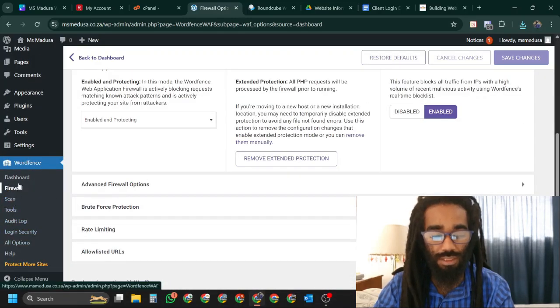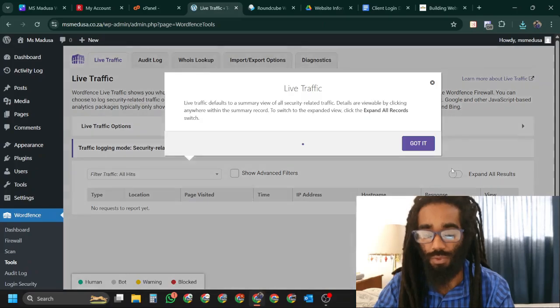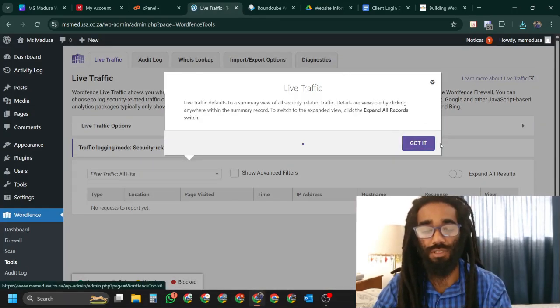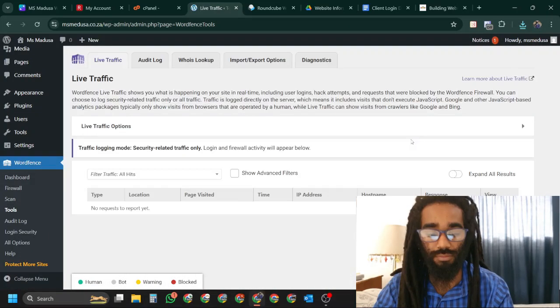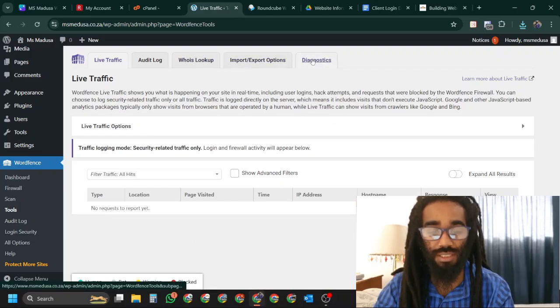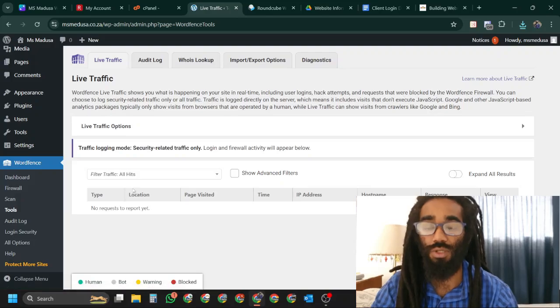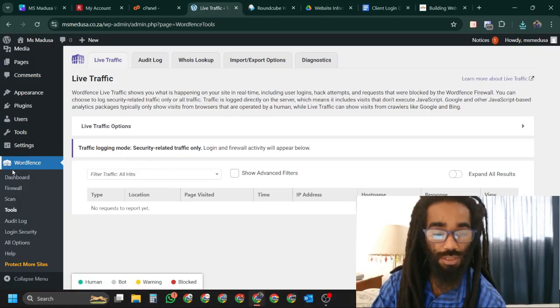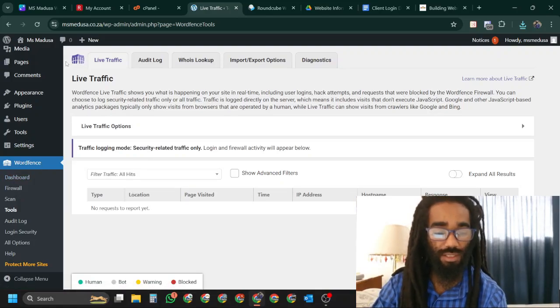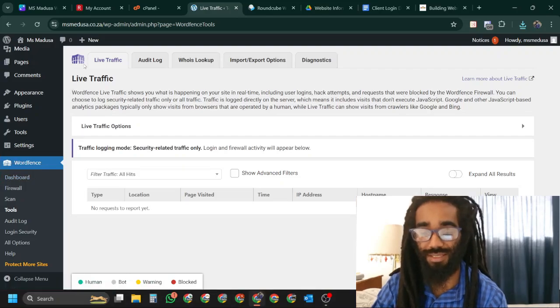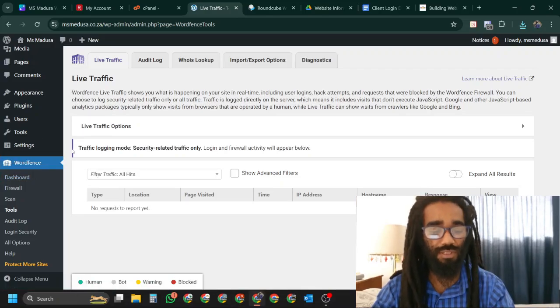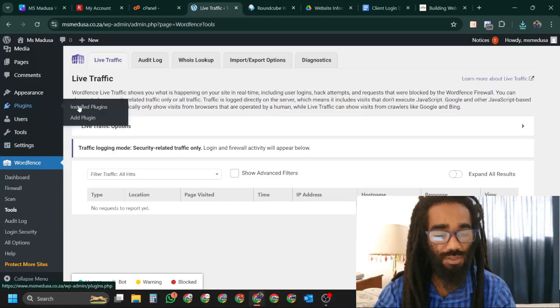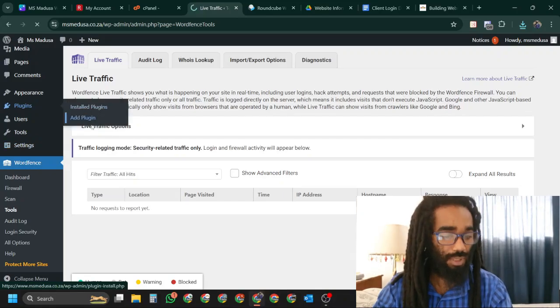If you want to just check, you will see if you come into the tools section, all of the Wordfence things would be available to you. This is where you could block specific IP addresses, run logistics, do audits on your website, and all those things. As you can see here, this is the purple looking one. This is the most premium Wordfence that you will find. So let's continue. Let's go to add plugin,